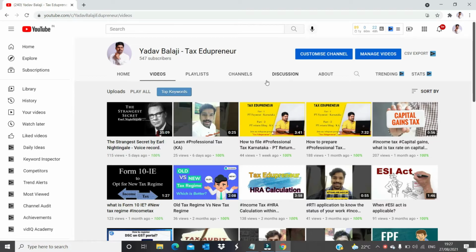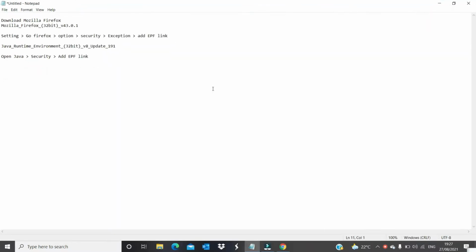So, are you facing a Java error issue? Means while you're trying to approve from DSC, you may get a Java issue. I also got the same issue, and one of my friends suggested a few steps. I applied that, and now it's working fine. So what are those steps? Just see this one.